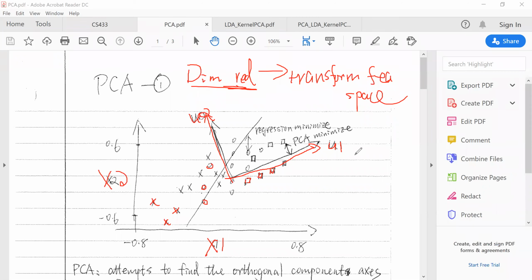If you project the data onto this feature space, the circle ones or the star ones, you can see the data separate quite well. And also along this U1 axis,